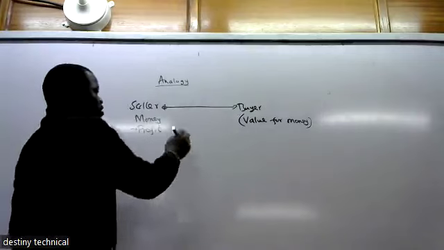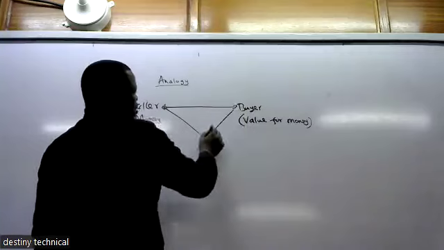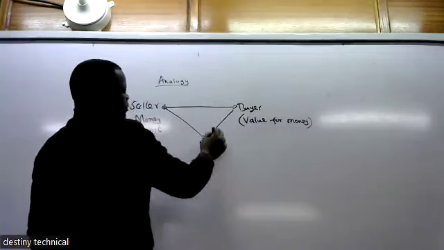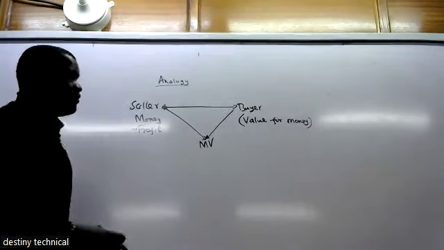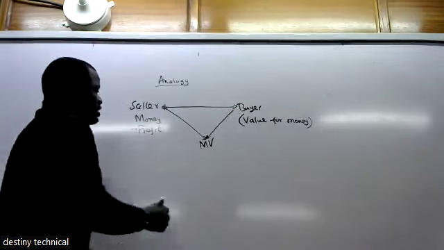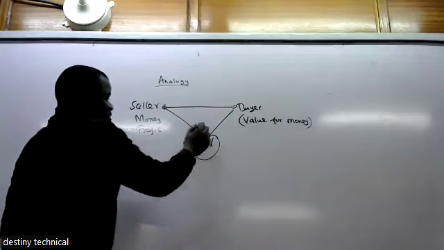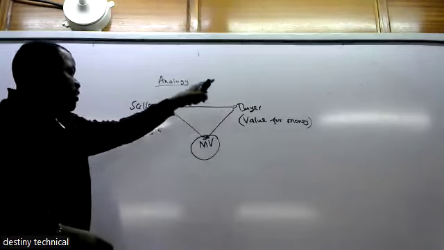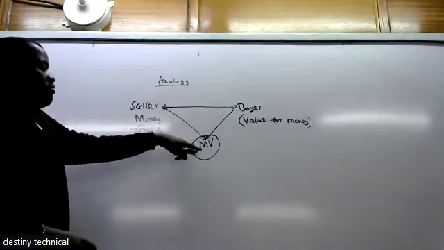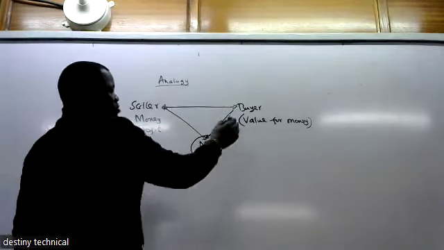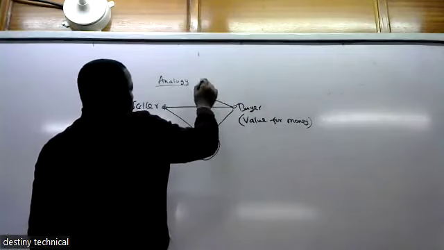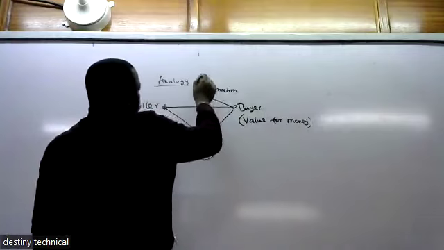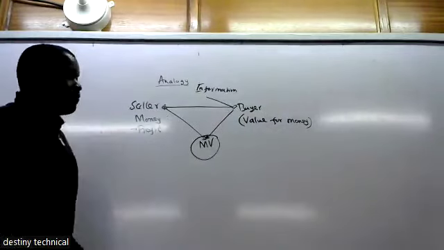One person is selling, another person is buying whatever is being offered for sale. So let's say what is being sold between these two parties is a motor vehicle. The buyer is seeking a seller who can sell that particular motor vehicle. For the buyer to make a decision to buy it, the buyer will require information. You require information to make a decision.